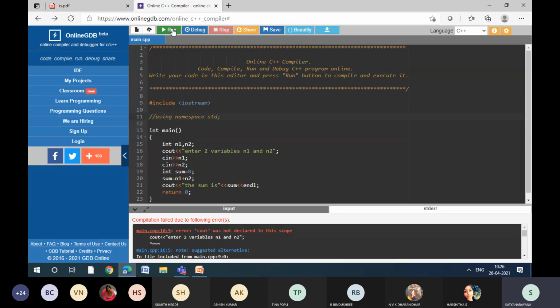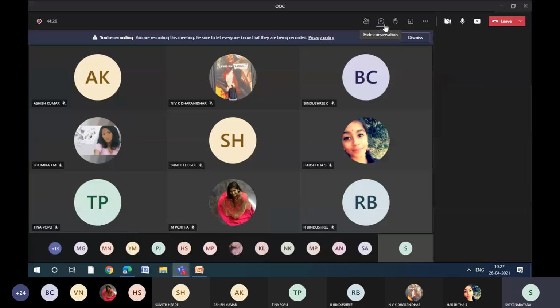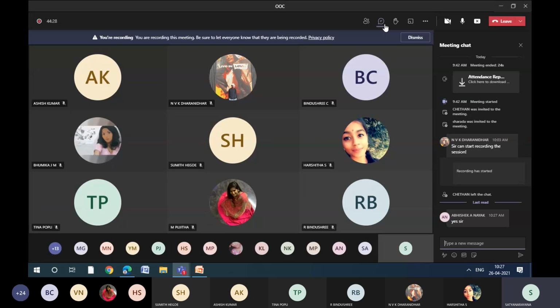So this is where we are going to get the error. Hope everyone understands what I'm talking about. We are practicing this not just to waste time. When I'm not using namespace std, because I'm not mentioning whether it is coming under standard input output or what kind of object, it is not taking. But once I mention that, it is going to execute my program.